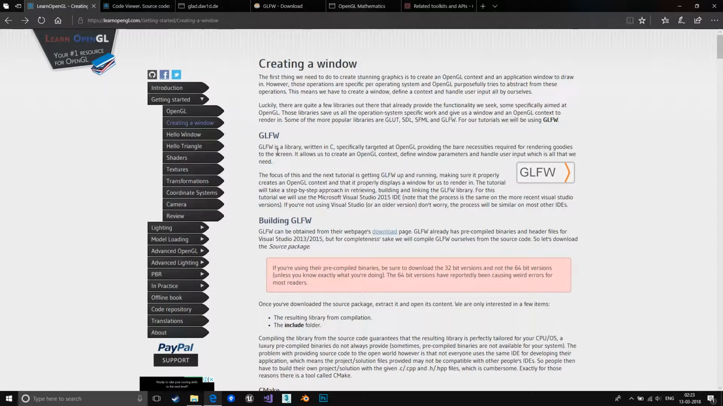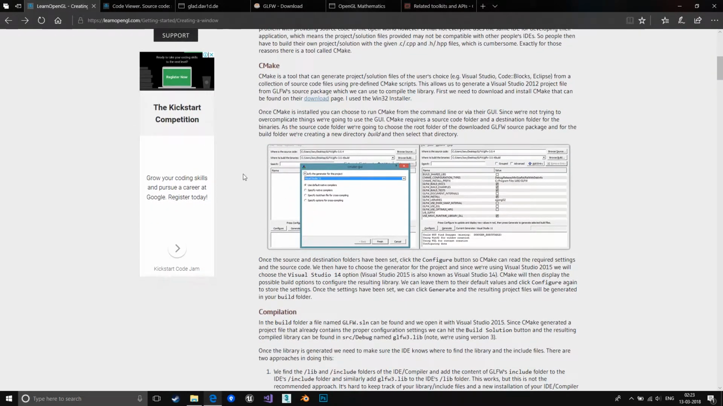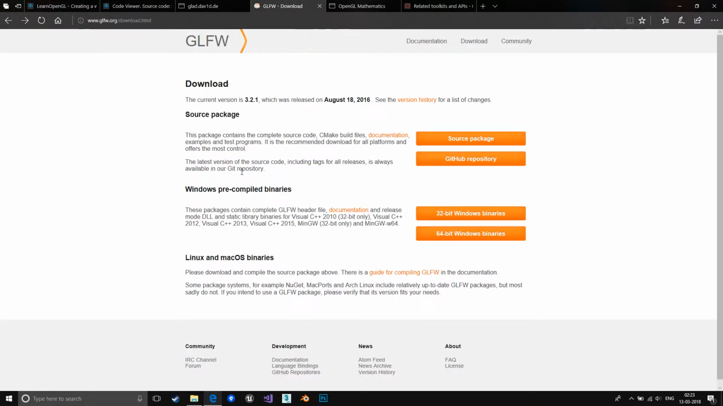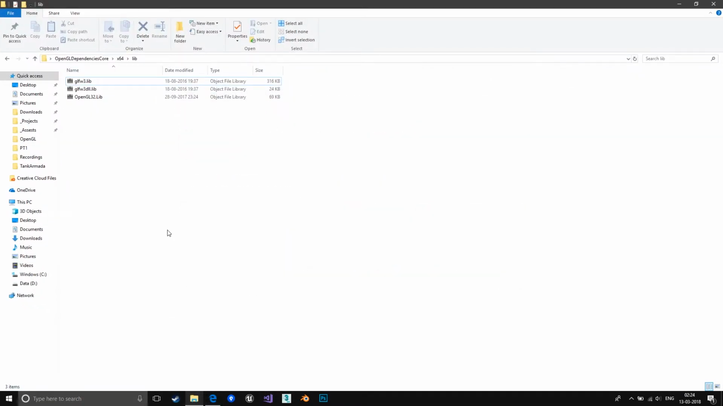So first we'll be downloading the GLFW and the GLAD libraries. So head over to the GLFW download page and download whichever version you want, 32-bit or the 64-bit. You can also get the source code from GitHub, which you can compile yourself for your system using CMake. After you have downloaded these two,